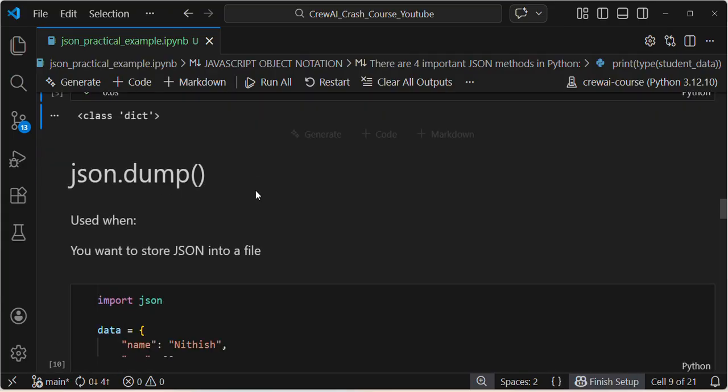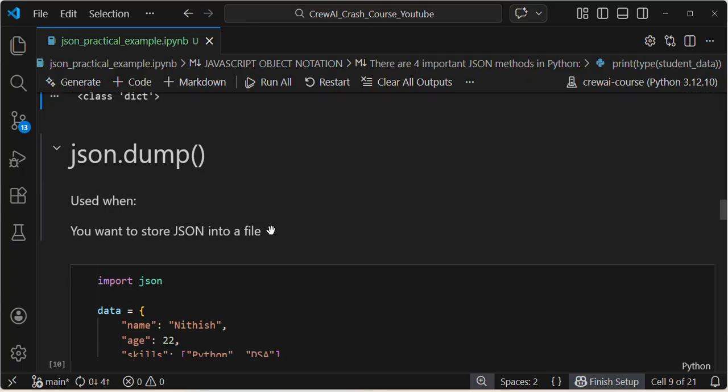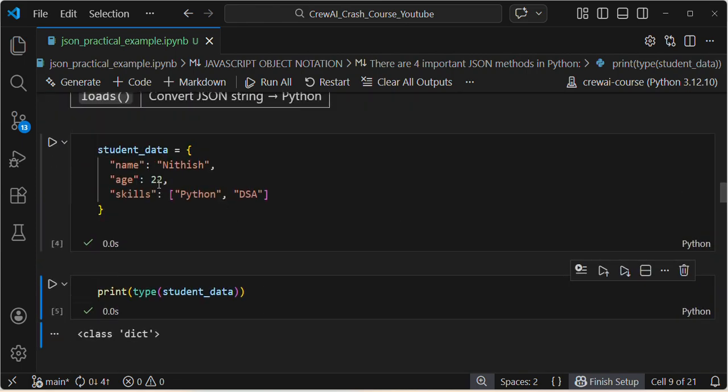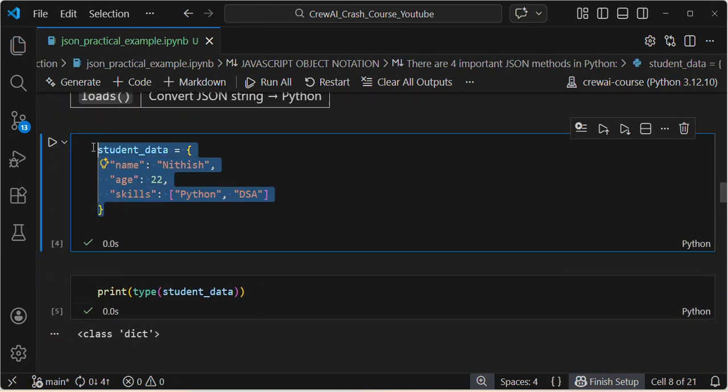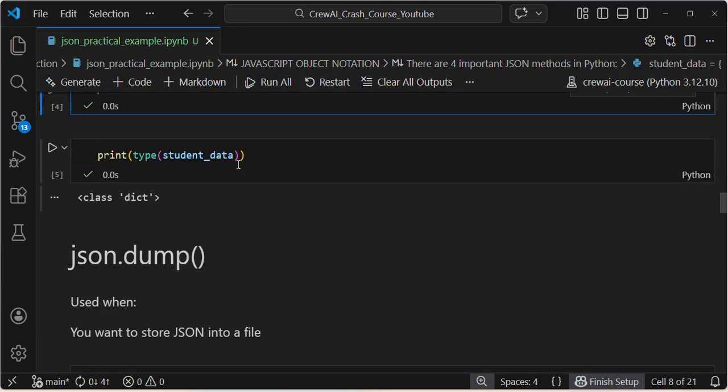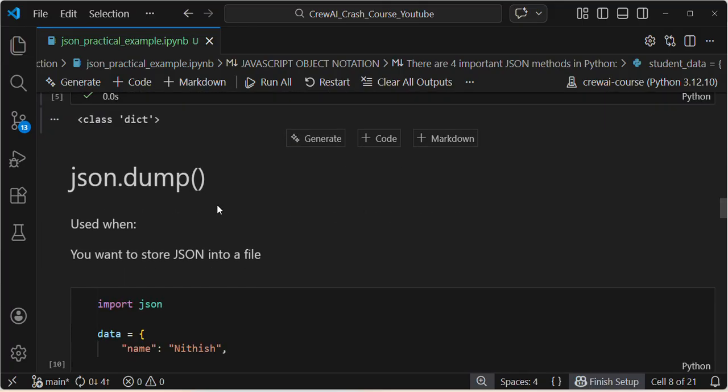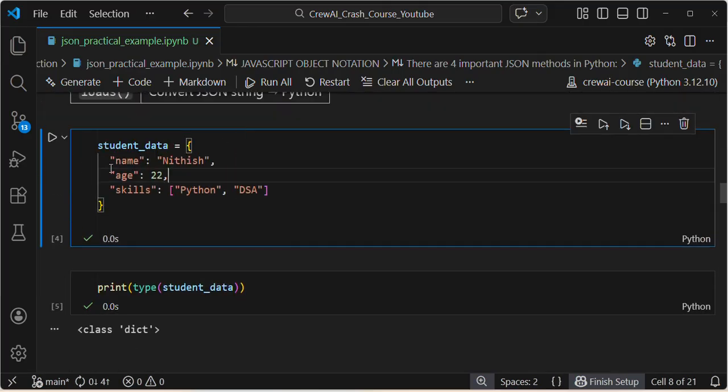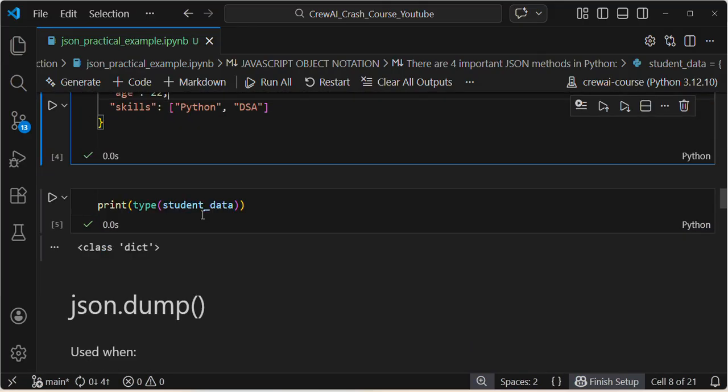So let's see the first method, json.dump. It is used when you want to store JSON into a file. This is my data. I print this type, it will be dict. I want to store this student data into one file. Into one file. In that case, if you see,